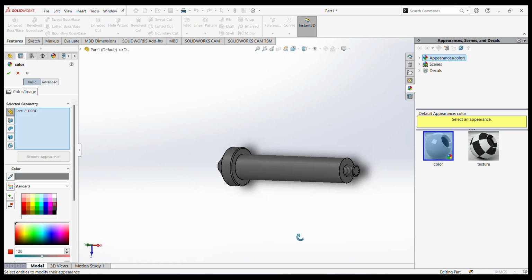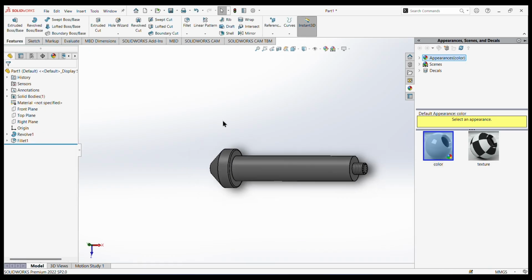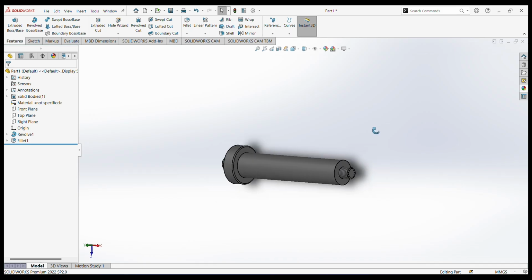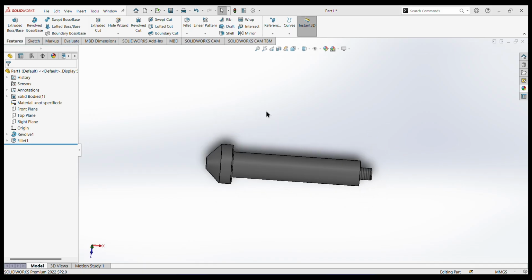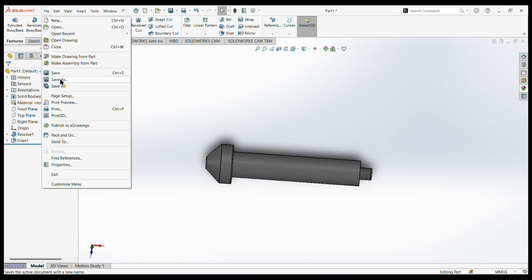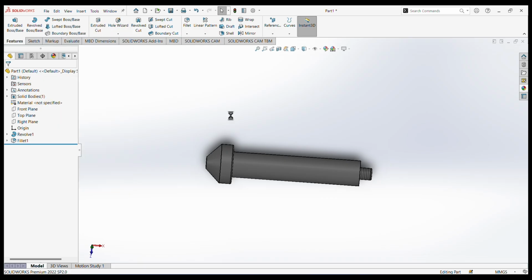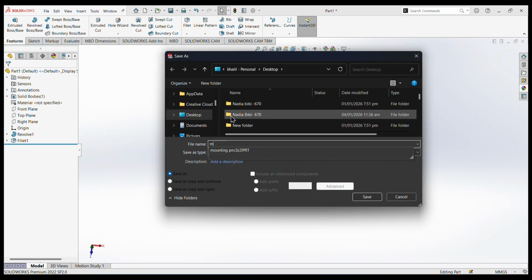Dark color just like this one. Okay. Now our part is ready. Now the only last part remaining is a little pin that goes inside a small hole in a movable jaw. So first we save it, save as moving pin,